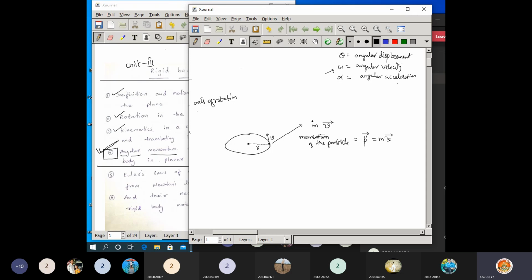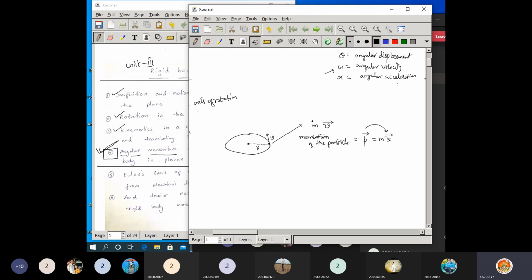So there will be an arrow mark representing it. Now, what is the direction of this particular result? The momentum is similar to the velocity. Whatever the direction of the particle's velocity is, the momentum of the particle is also in the same direction. So now you have got the concept of momentum.